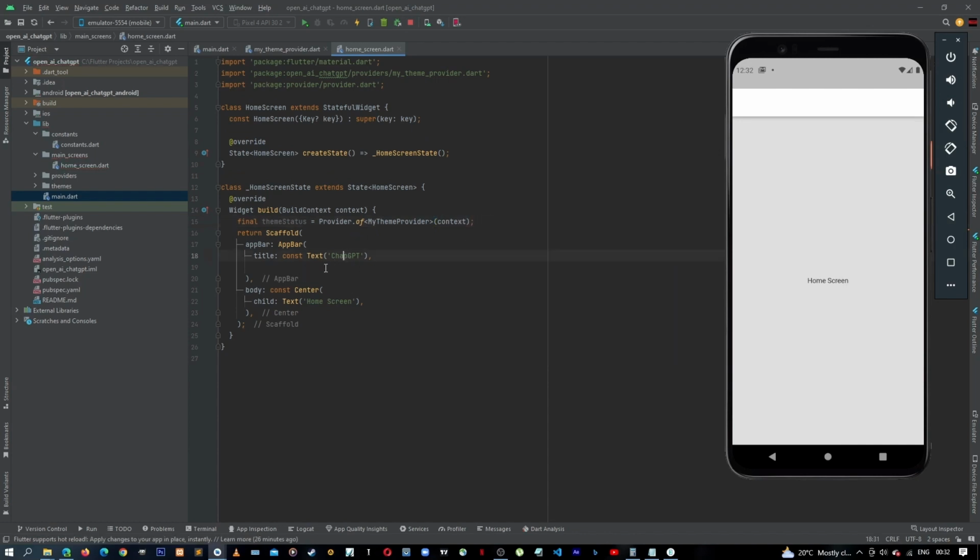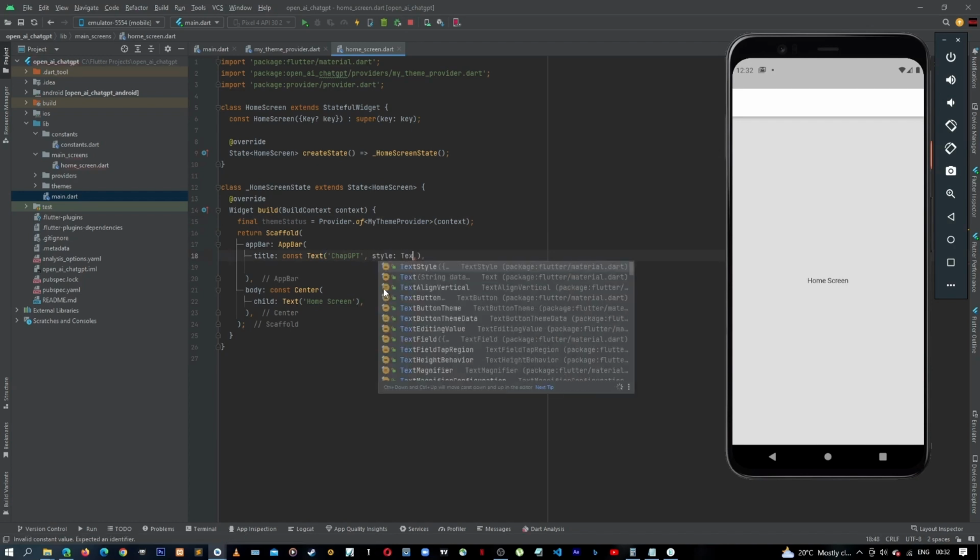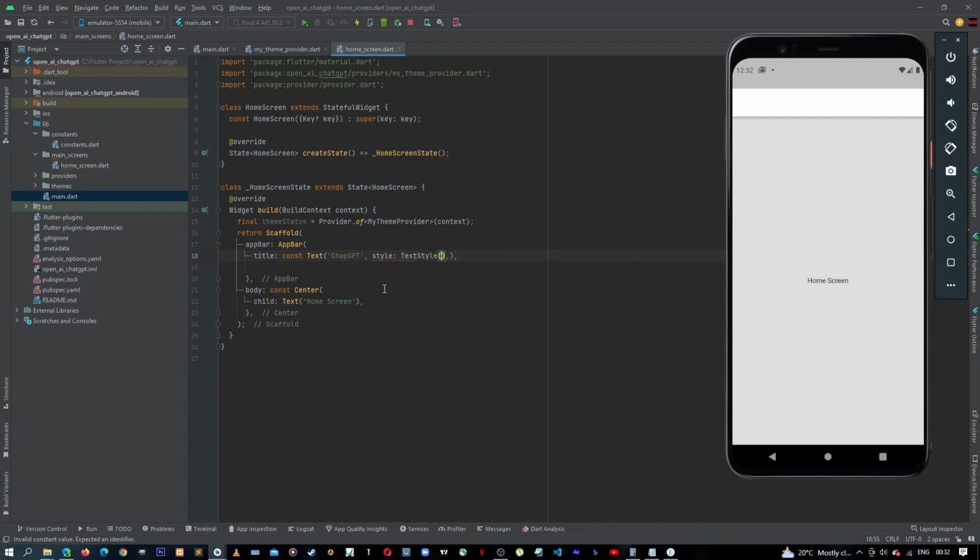So here on the text, we can call the style, which comes from text style, and then